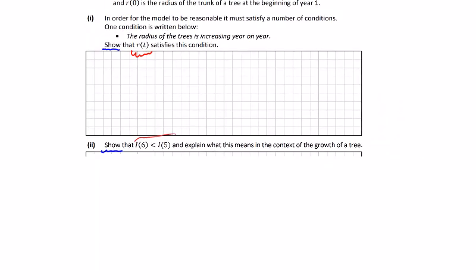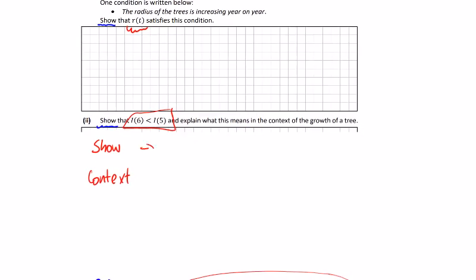Show that the increase in year 6 is less than the increase in year 5, and explain what this means in the context of the growth of a tree. So we have to show, and we have to tell what the context is. So we can explain that from our graph too. So, see graph,